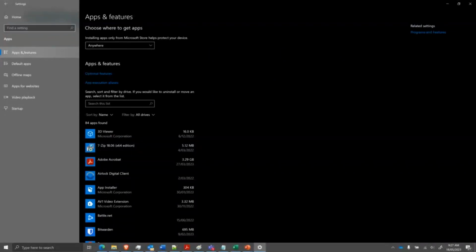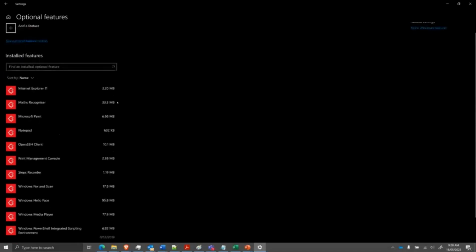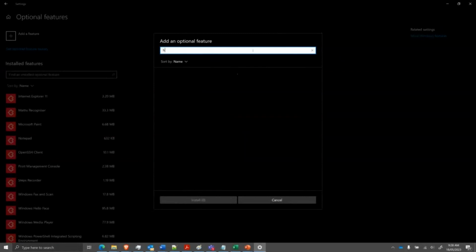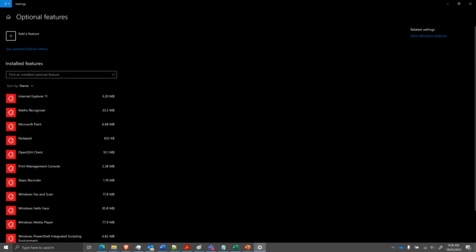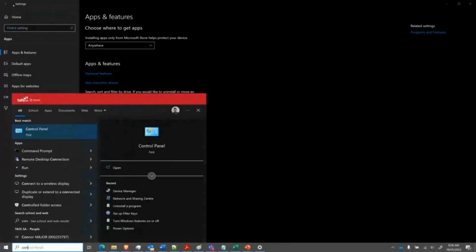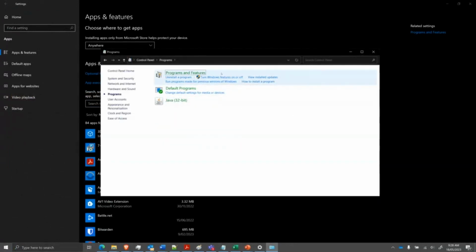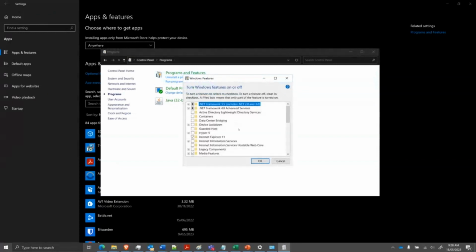If I go to apps and features, and then we can look at what's installed, obviously. But if we go to optional features, sorry, I don't usually use it this way. I use control panel. I'm not as familiar with that, but if you turn on Windows features, you'll see that